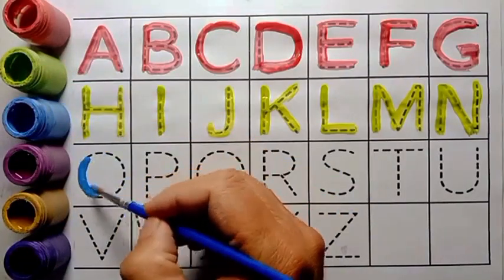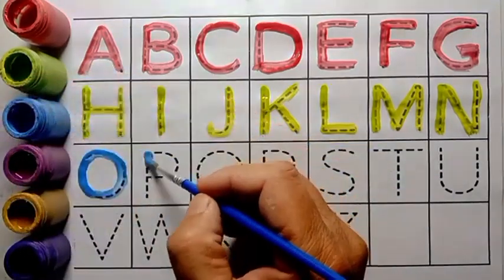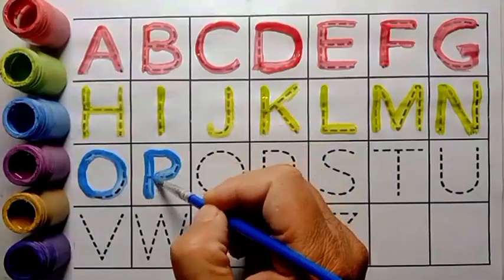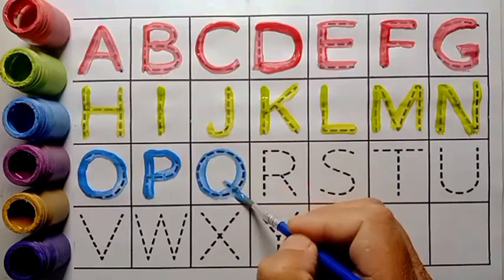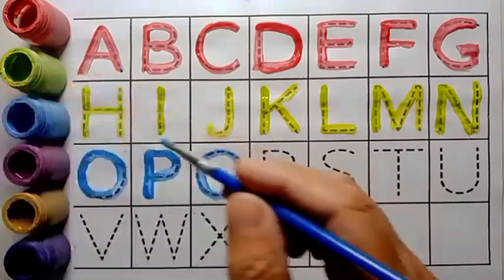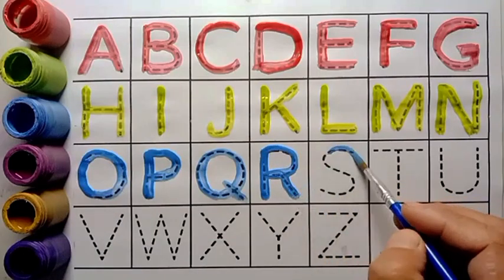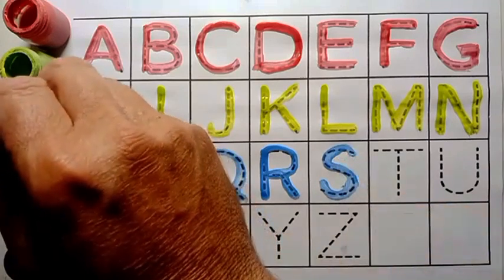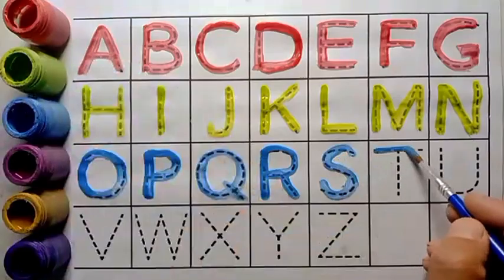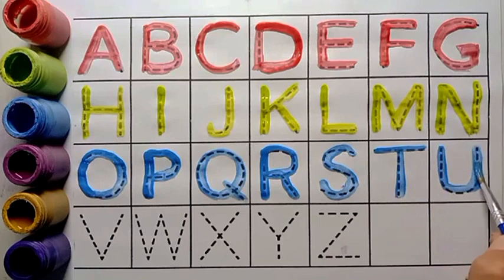O for octopus, P for penguin, Q for coil, R for rabbit, S for snake, T for tiger, U for umbrella, purple color,